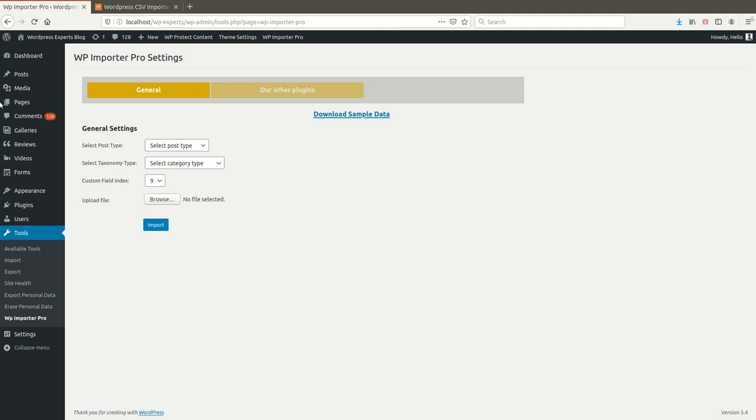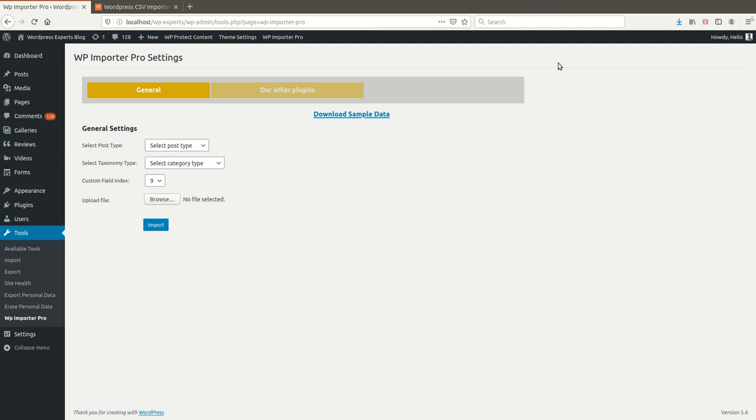Let me tell you one more thing. Basically these are 9 default fields here: 1, 2, 3, 4, 5, 6, 7, 8, 9. So there are 9 fields in total. I am calling all of these default fields, and the other fields are custom fields. There might be 1 custom field, or it can be 2, 3, 4. It all depends on the meta keys that you are using on your website.